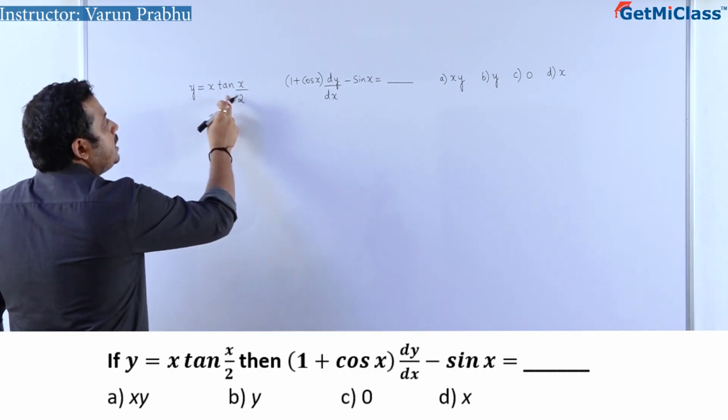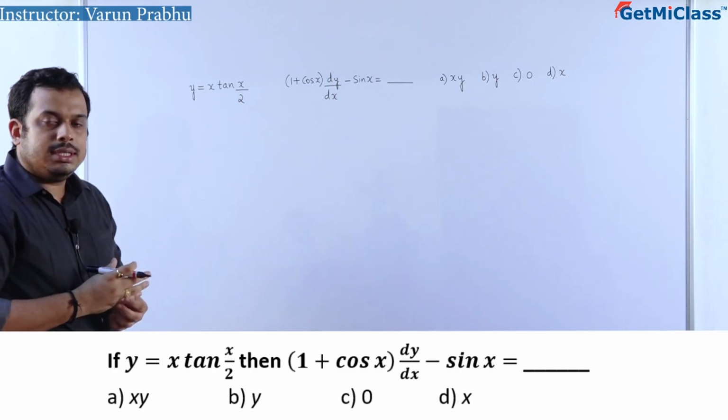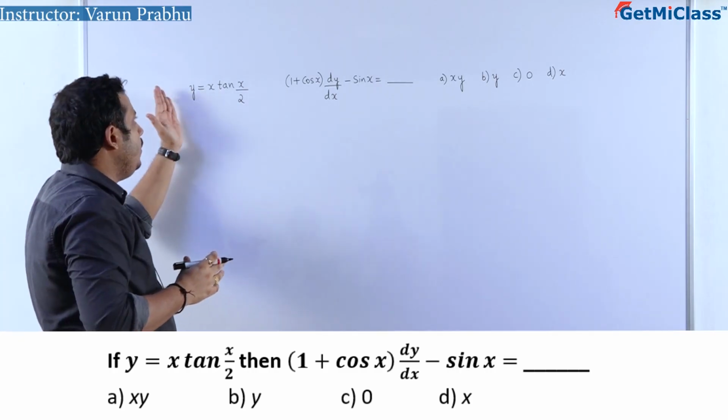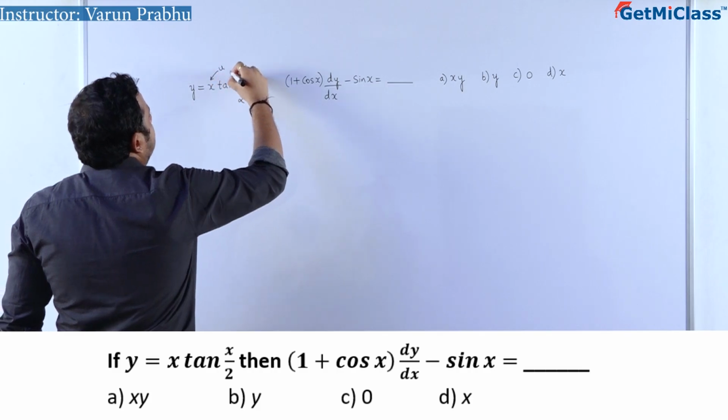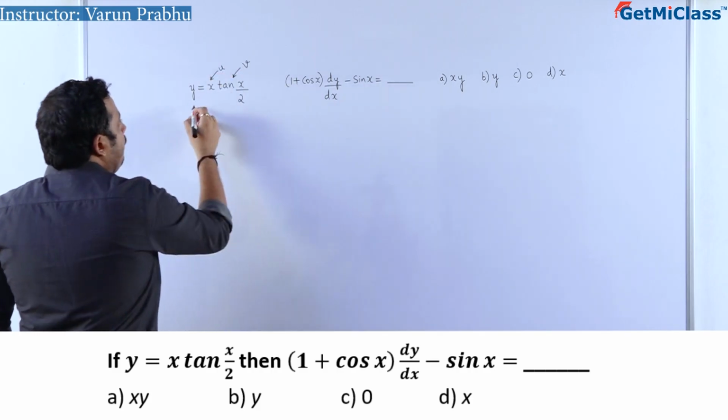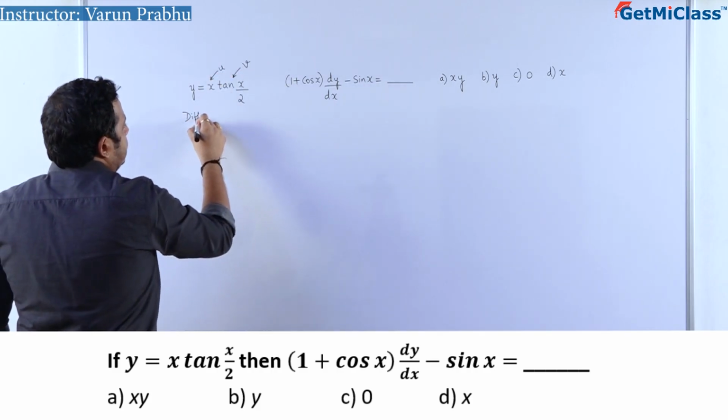This is an explicit function, right? We have discussed this in the synopsis. Explicit function means y on one side, x on the other side. So this is nothing but u into v rule again. This is u into v rule again. So if we differentiate this with respect to x,